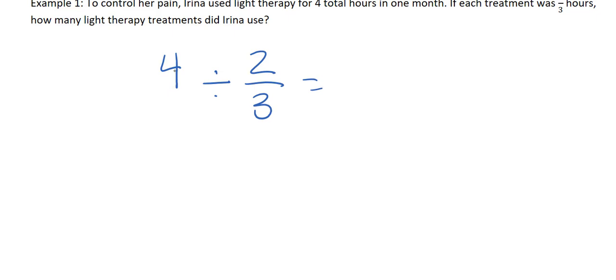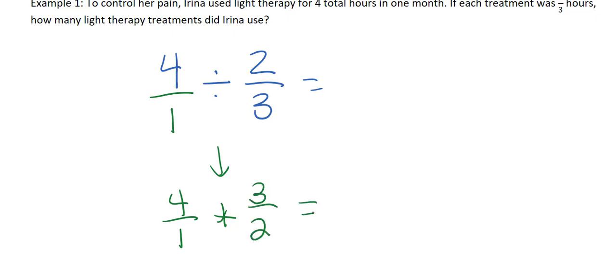Now we're going to take this whole number, make it a fraction by putting it over 1. Then we're going to make this a multiplication problem. So we're going to go 4 over 1 times 3 over 2, because we're taking the reciprocal of the second fraction here. And now we can go ahead and multiply what's on the top, and we multiply what's on the